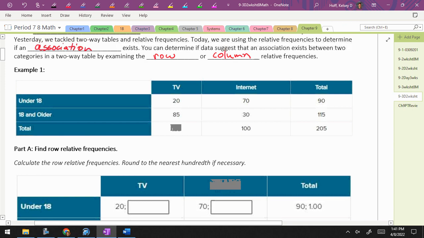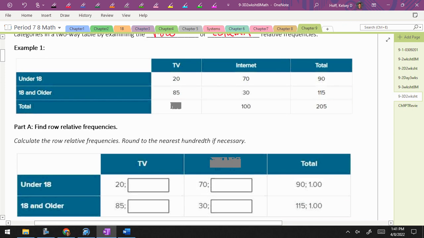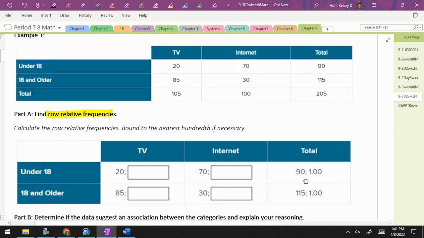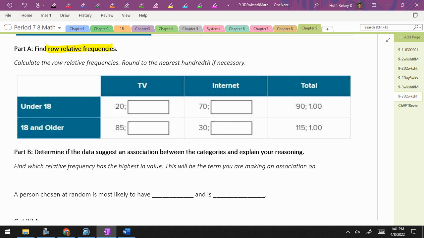So here's a two-way table talking about people that are under 18 or 18 and older and whether they have TV or internet. Part A says find row relative frequencies. Calculate the row relative frequencies and round to the nearest hundredth if necessary. So we're going to go by row. Help me out here. I'm going to take 20 divided by 90 and get